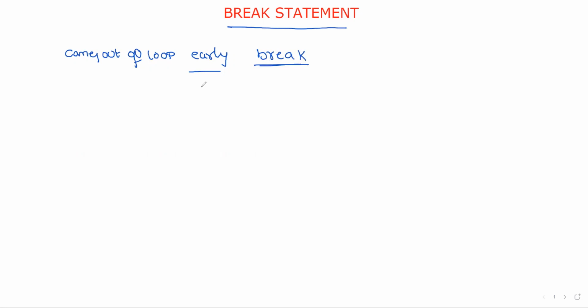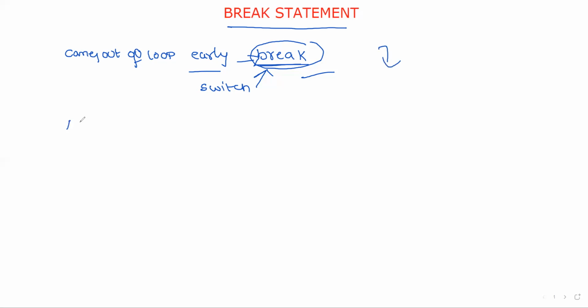At the same time, inside the switch case also, we use the break statement. Once a case is executed, to come out of the switch statement, we use this break statement. So break statements are used inside while loop, do while loop, for loop, and switch statement. Generally, for execution of a break statement, we use some condition. Suppose if the condition is satisfied, the break is executed. Once the break is executed, we come out.